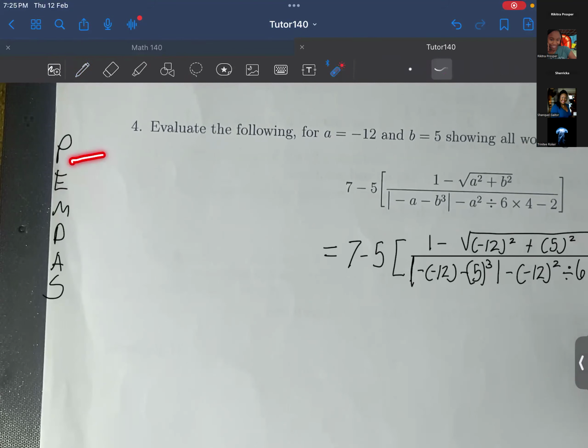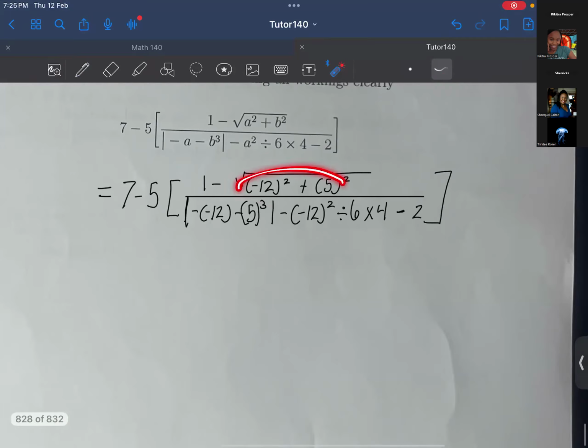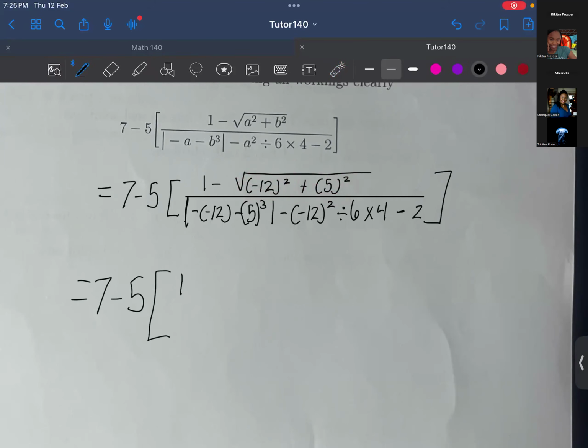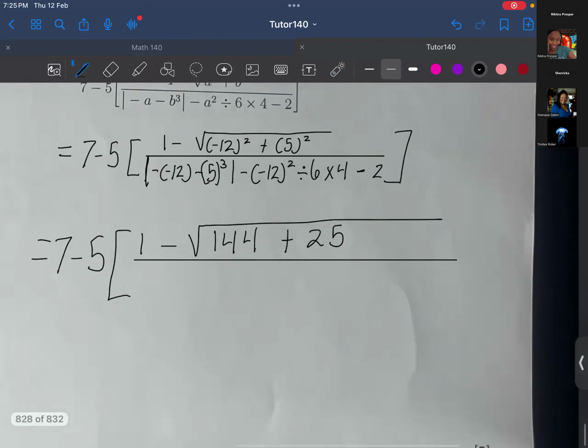Remember parentheses, exponents, multiplication, division, addition, and subtraction. So what I'm going to do first is square these two up here. So equals 7 minus 5, 1 minus the square root, -12 squared, that's 144 plus 25 divided by, and in the denominator, what I'm gonna do is